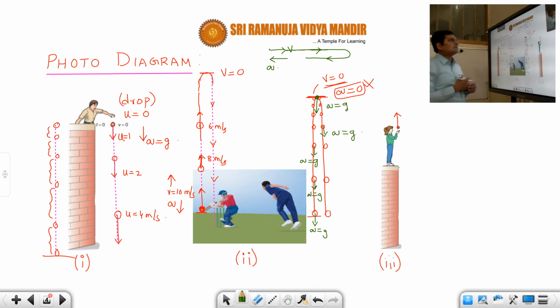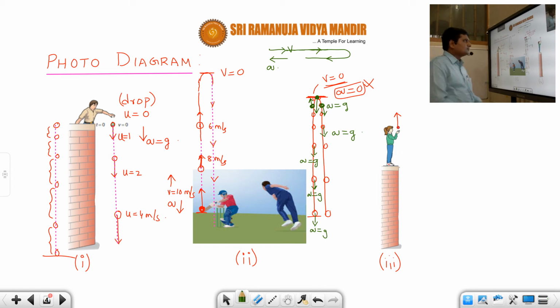When the velocity and the acceleration are in opposite direction, the body will take a U-turn, and at the point of U-turn, the object will have velocity 0, and that is called instantaneous velocity. That means the velocity at that instant only is 0. Just before it will have velocity, just after that it will have velocity. Here also you can see, students, just before it will have velocity, just afterwards it will have velocity. Of course the velocity direction before is upwards, the velocity direction afterwards is downwards, but there will be some velocity. Okay, students, or speed. Magnitude of velocity is called speed. Okay students, I hope you are understanding this one.